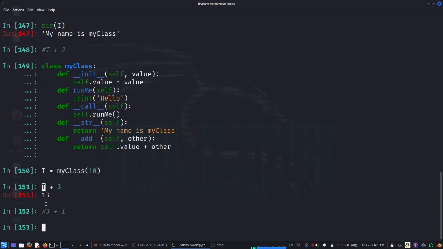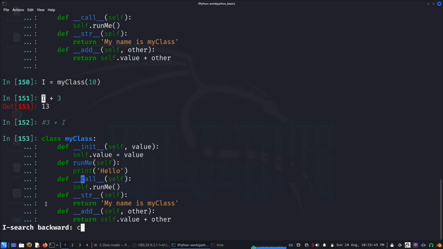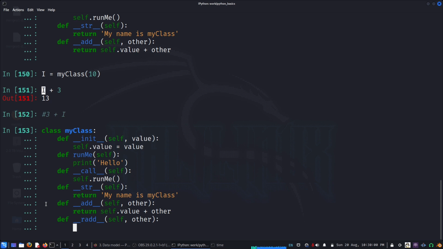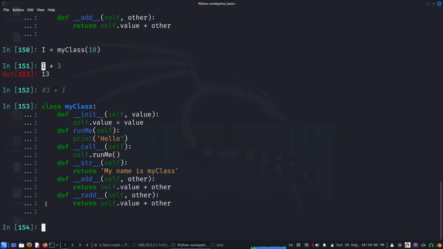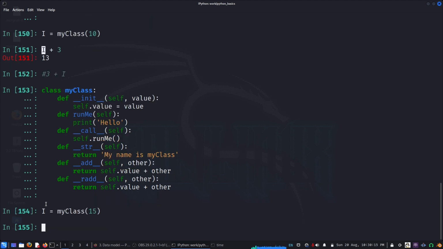So what we have to do is go here, where the instance comes on the right side, and again return self.value plus other. Now if I create i equal to 15 and do 3 plus i,